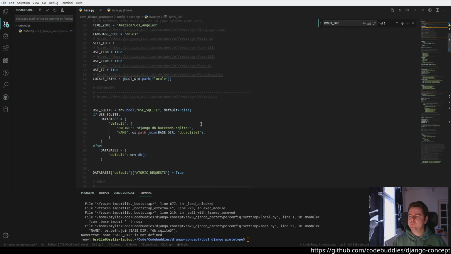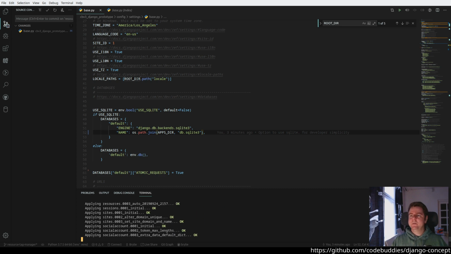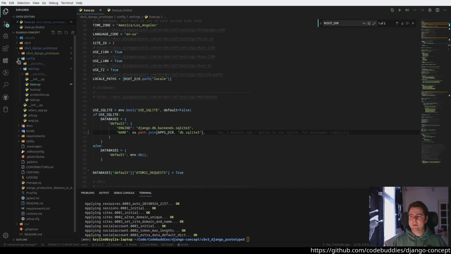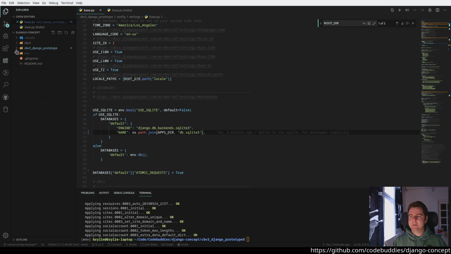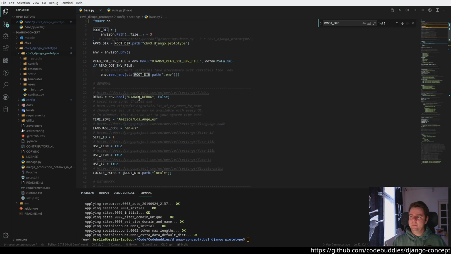Let's try that. Running migrations now. So they couldn't create the SQLite database on our file system because it didn't know where to create it. And let's see where it creates it now. I did create it in the wrong one. So yeah, I was mistaken there. Delete that. We wanted to use